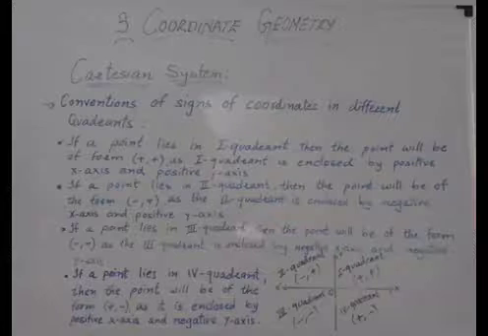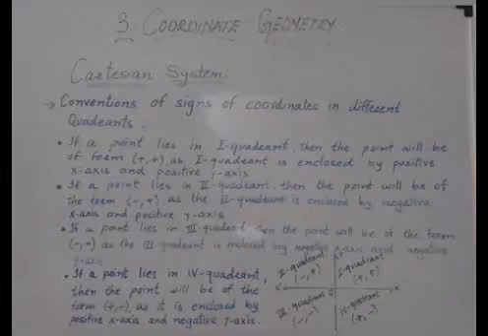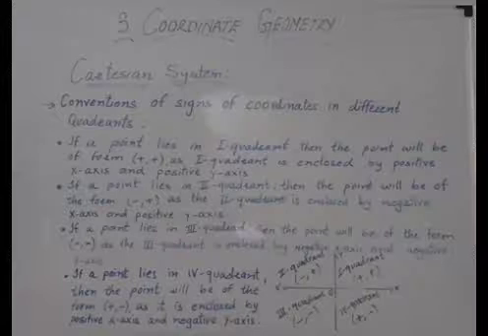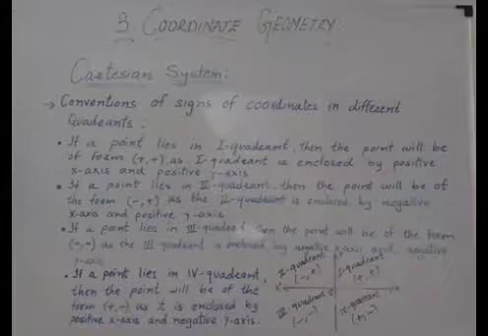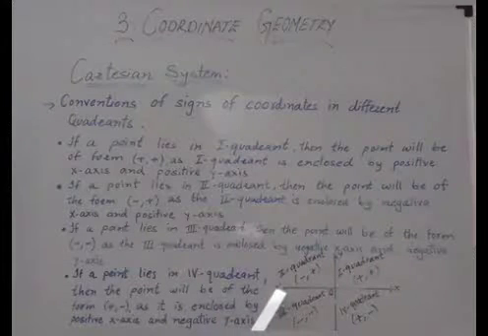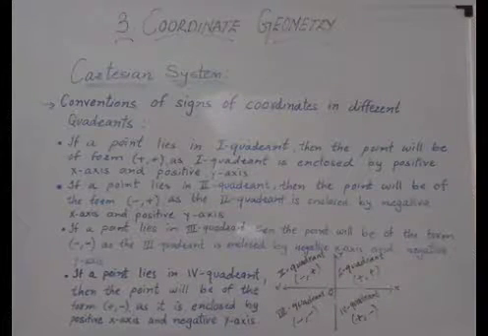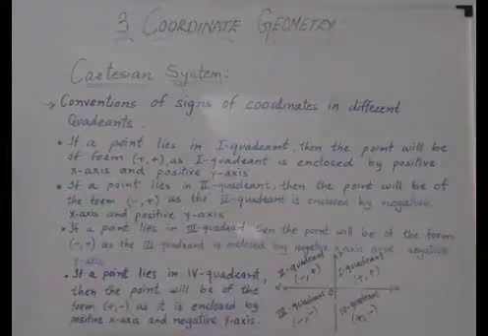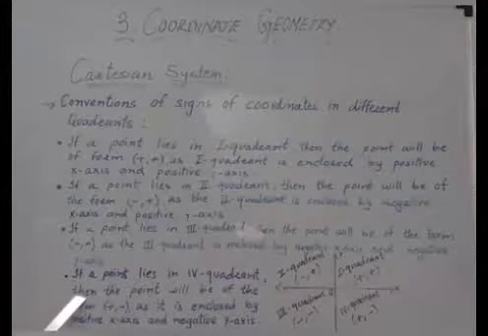That is, the abscissa will be a negative number and the ordinate will also be a negative number. Why? Because you can see in the third quadrant that the x-axis has negative numbers and the y-axis also has negative numbers. Similarly, for the last quadrant, if a point lies in the fourth quadrant, then the point will be of the form (+, -),